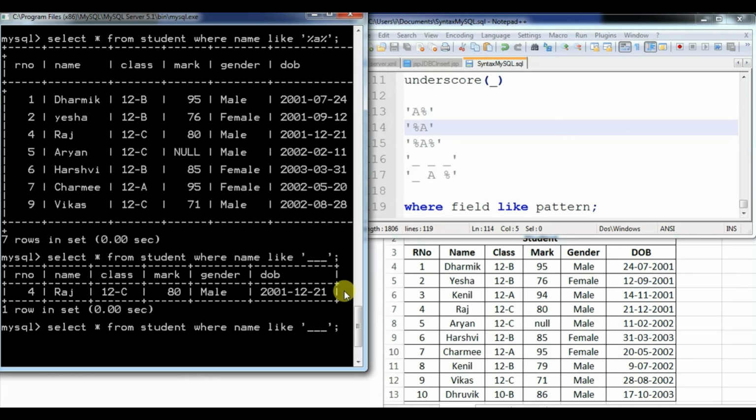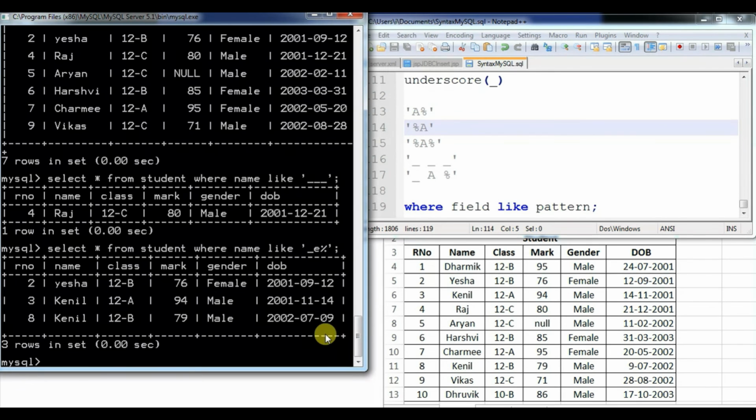And the last one, I want to fetch all the records whose second character is E, and at last anything can be there. So I mention underscore E and modulus. Underscore means any character can be there, then E means the second character should be E only, and modulus means anything can be there at last. So I press enter and let's check how many names there are whose second character is E. See, Asia, Canil, means we have a total of 3 records in which the second character is E.